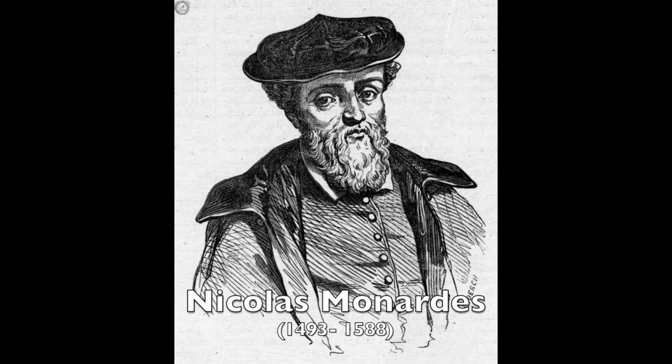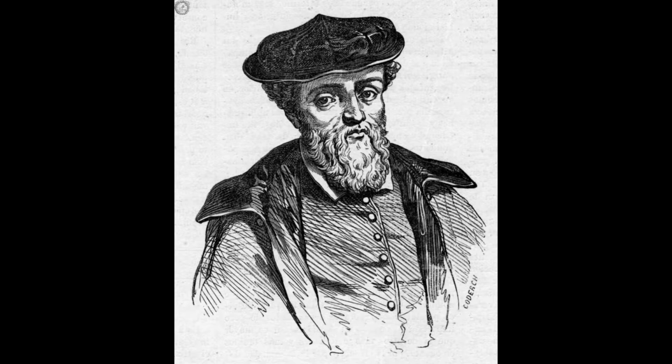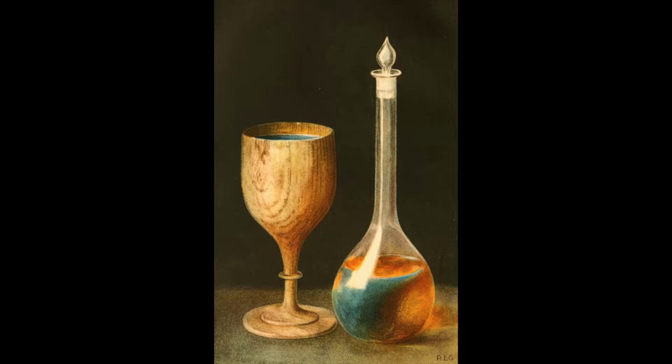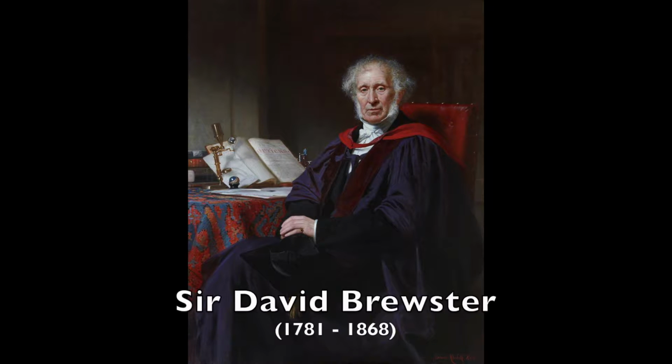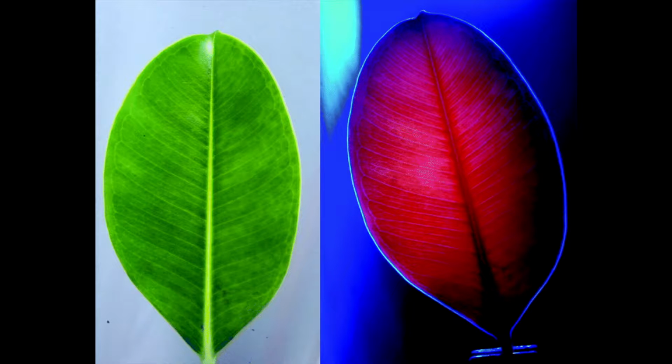fluorescence microscope. The Spanish botanist Nicolas Monardes made the first recorded observation of fluorescence. In the 16th century, he wrote that the yellow aqueous kidney wood extract had a blue tint when placed in sunlight. In 1833, Sir David Brewster reported several observations of fluorescing objects in solutions, including the red radiation from green